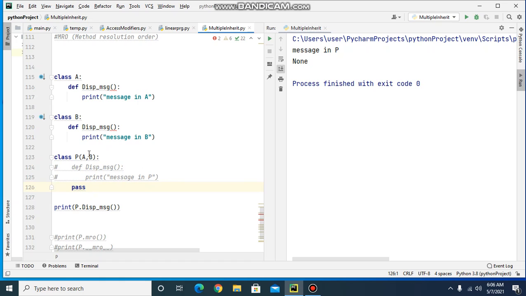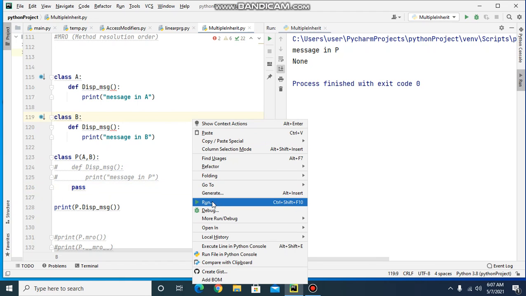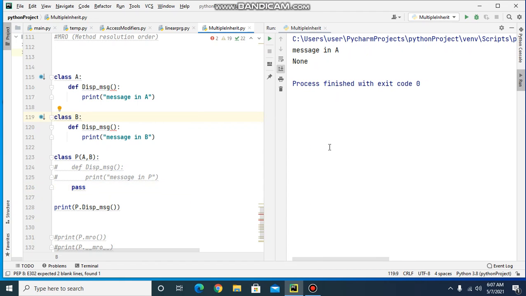It will go to the display message of class A, which is the first superclass here. So the first superclass is A, the second one is B. So it will look for display message in the first superclass A. So it will print message in A. We'll run this. So it has printed the message in A.